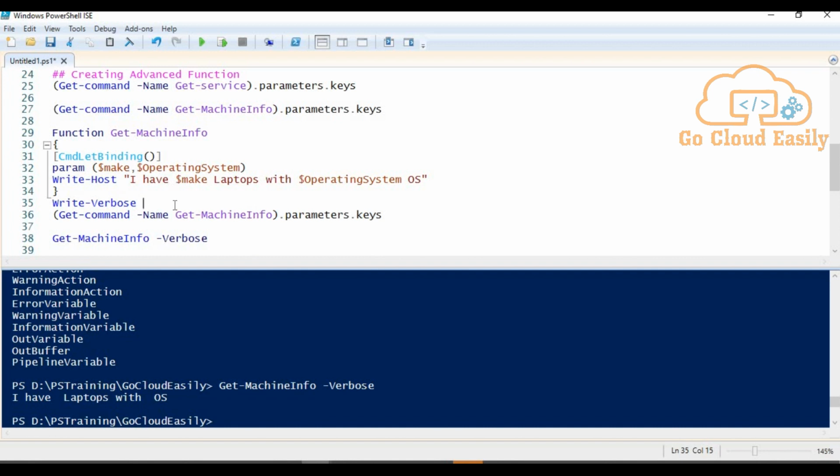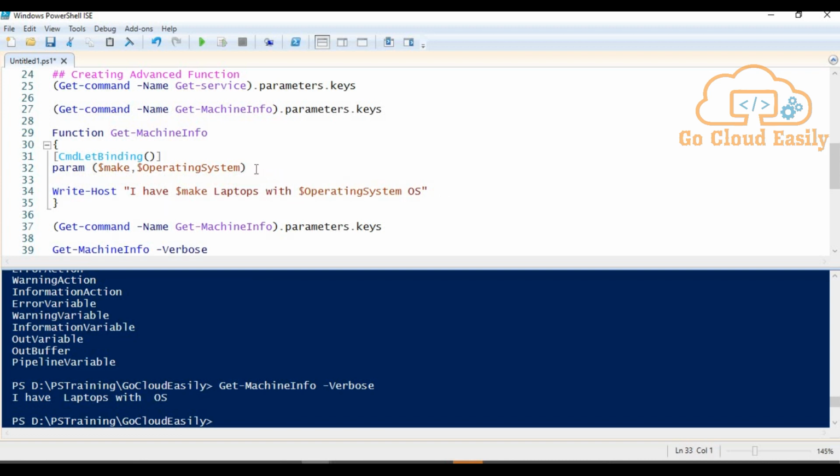And then we can define some message over here, or information that we want to supply to the user when he uses the Verbose parameter. Suppose I say, sharing information about my laptop stock, right? Fine. Let me include this in my code.